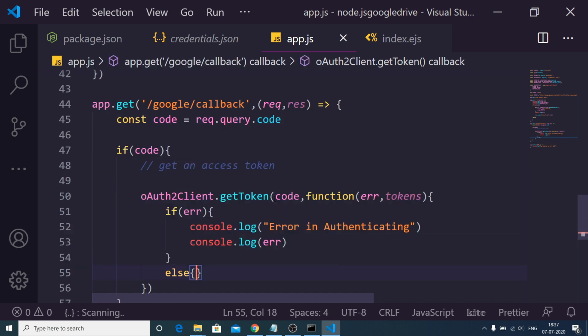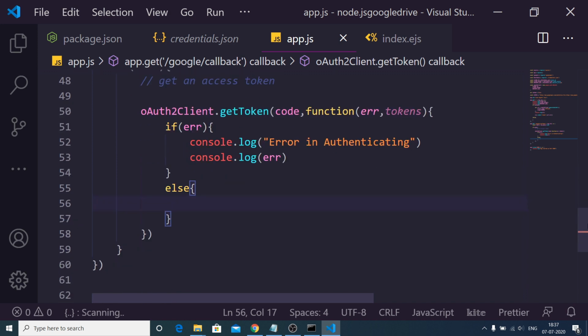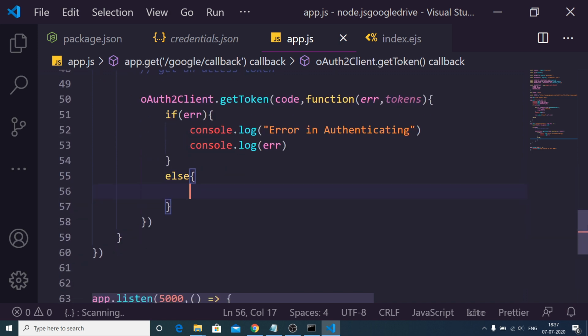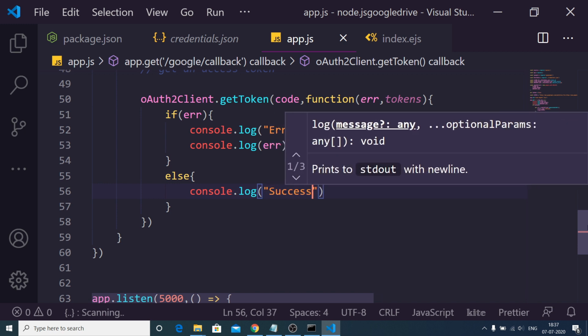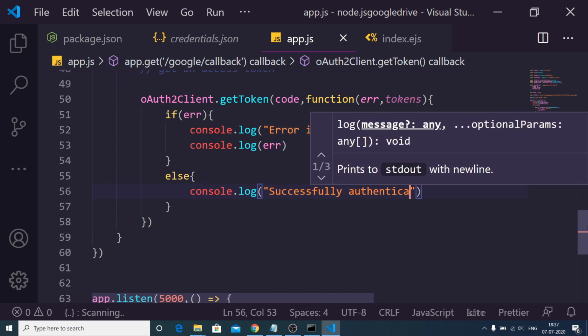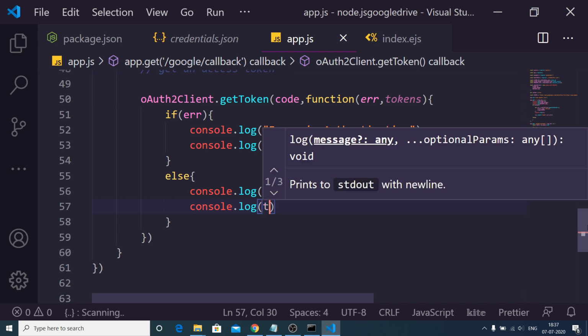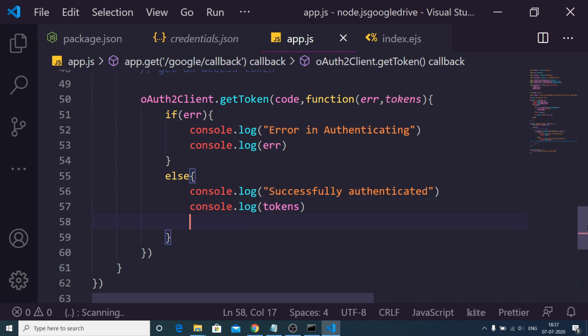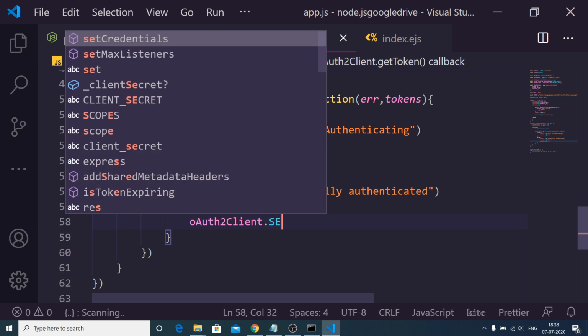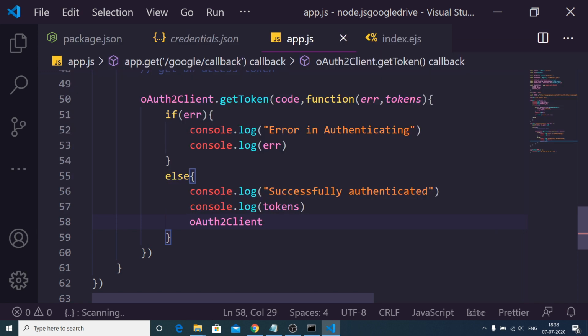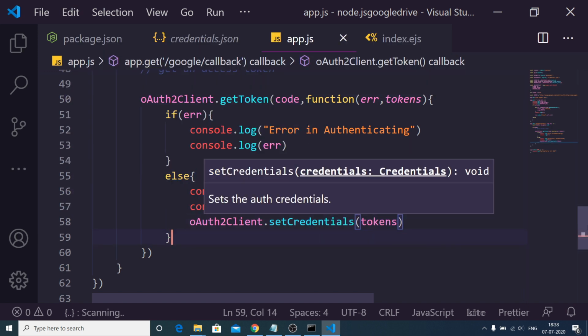And in the else block, we can tell that the user has been successfully authenticated in a console log statement, successfully authenticated, and then we can redirect the user back to the home page. We can also console log the token, and then we can set the credentials by using this setCredentials method, and we can pass the token like this.